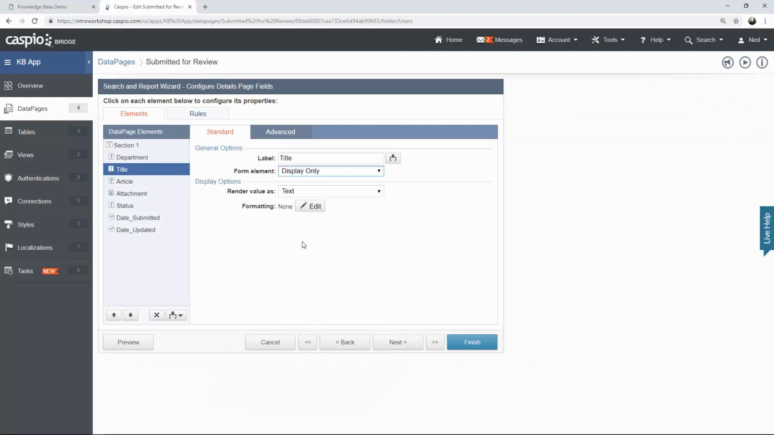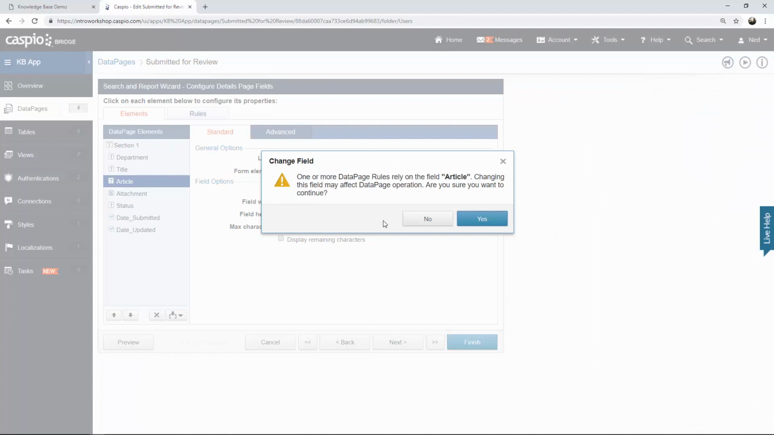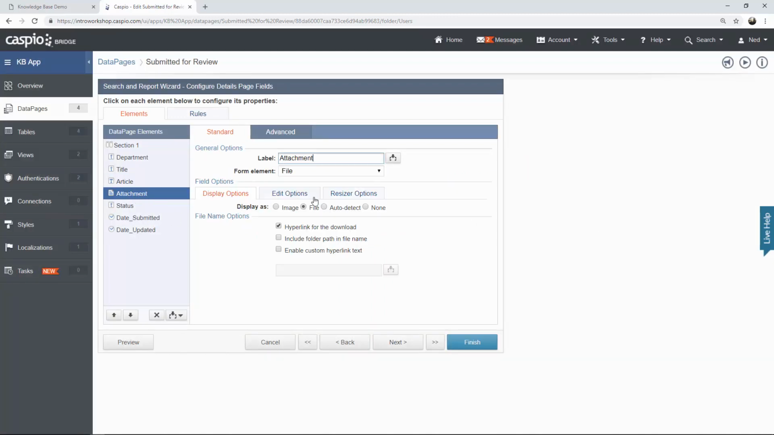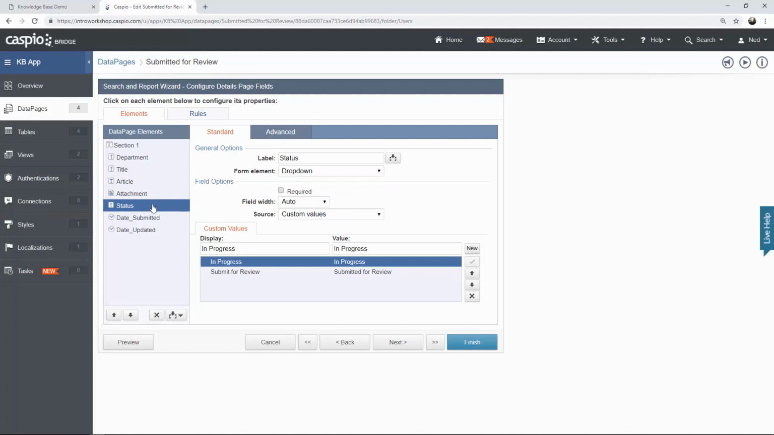So let's change this as well. Article. That's fine. For the attachment, this can be a file for download, but you want to actually just display this only. Once again, you don't want the user to be able to change the attachment once the article is submitted for review. Status, you actually don't need in the details view because once it's submitted for review, we already know that